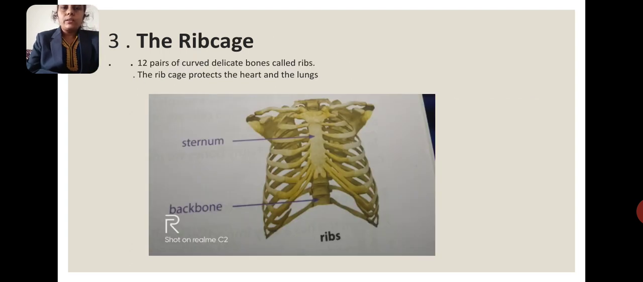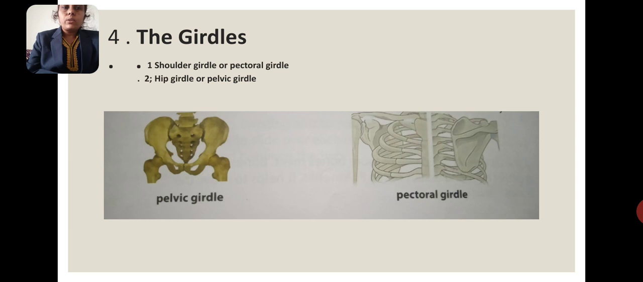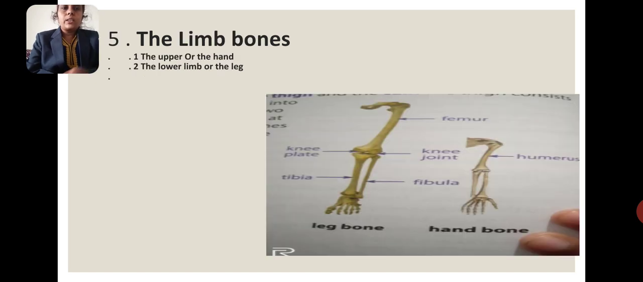After that, third, we discussed the rib cage, how it is curved, and which body parts it protects. Then we discussed the girdles, meaning the pelvic girdle and the pectoral girdle, the shoulder girdle and the hip girdle. After that we discussed the limb bones, meaning hand bones and leg bones, also called the upper and lower limb bones. There are two kinds of limb bones, hand and leg bones, that we discussed already in